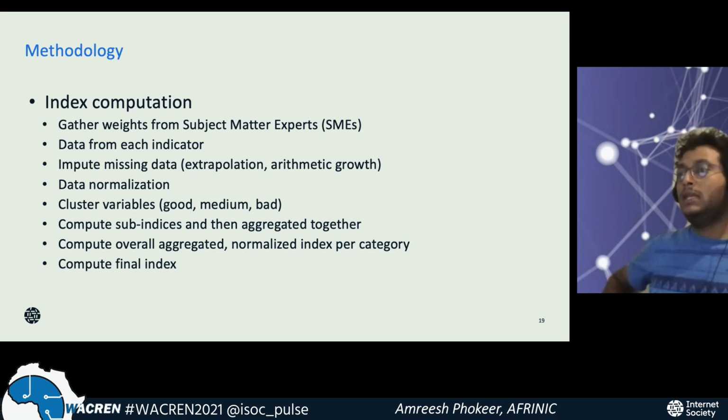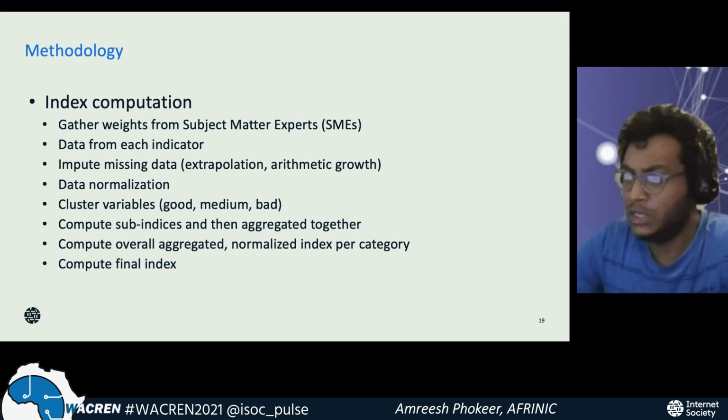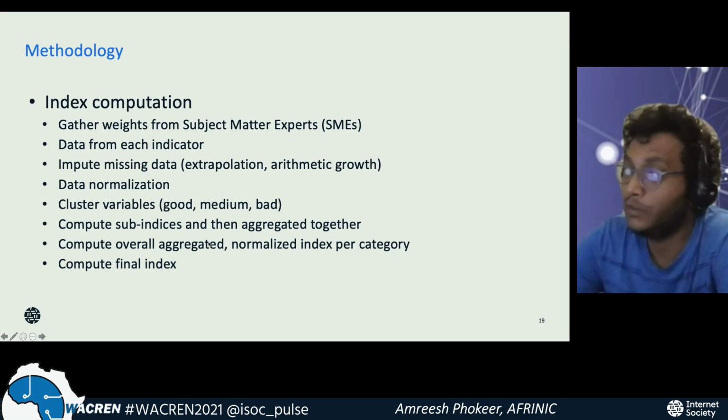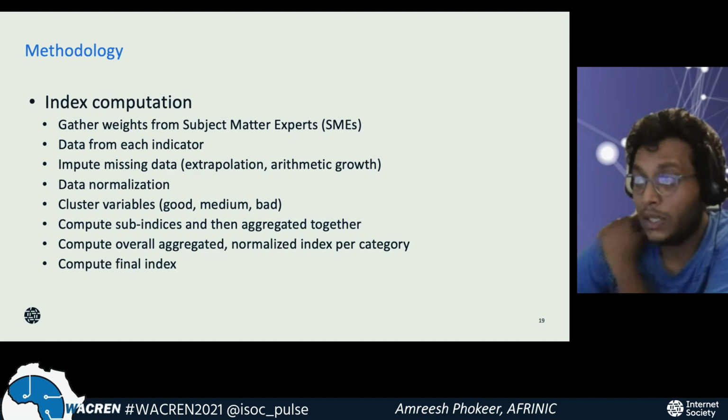Of course, after collecting the data for the different metrics, we will save them in a database, making sure we remove any private information, because we need to be cautious about handling any type of private information. For example, geolocation data, where the probes are located, we shouldn't have any private information attached to it. Where we have missing data, we need to do data imputation through different techniques, whether it is extrapolation or arithmetic